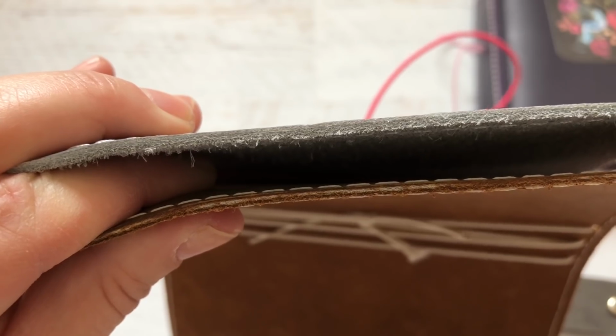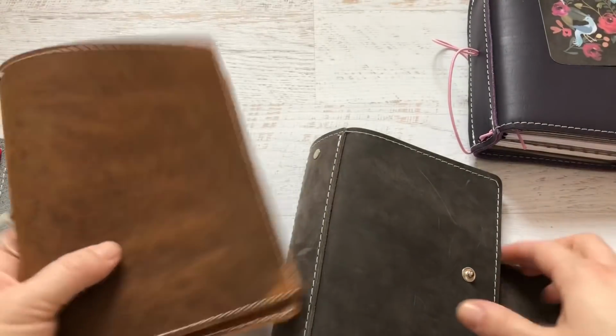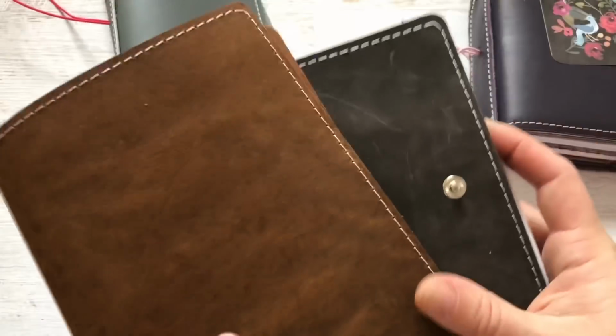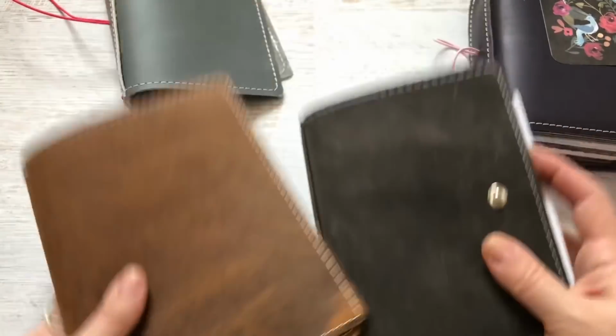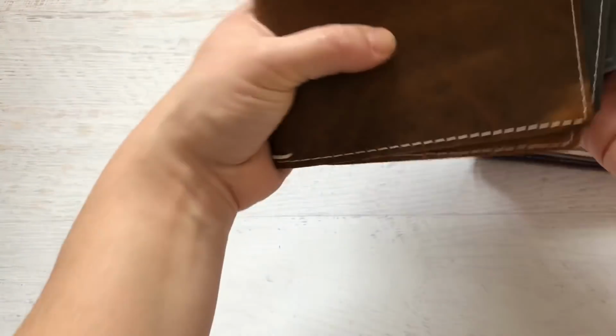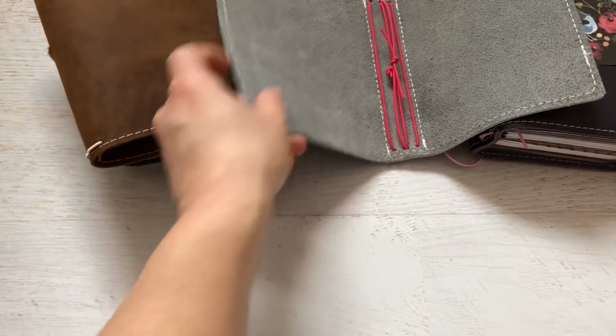All right. So that is Atlas and Carbon, and they are oil tan leathers. Atlas and Carbon, and then let's do